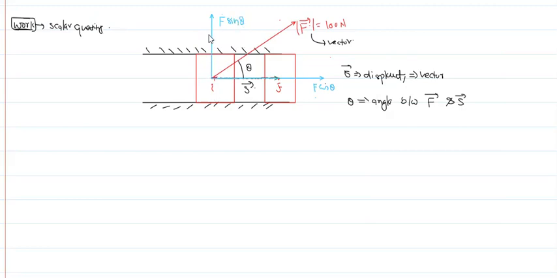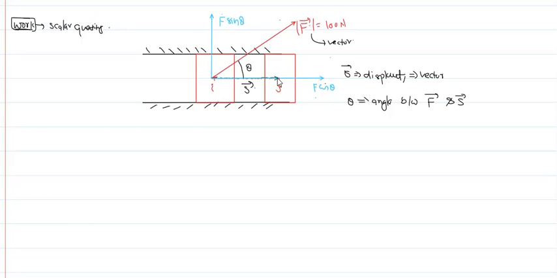So you can see, due to this force, the block will not move in this direction. So this F sin theta doesn't do any work, because due to this force there is no motion in this direction. But you can see, due to this force F cos theta, this block will move from this position to this position. Please speak loudly. F cos theta does some work.